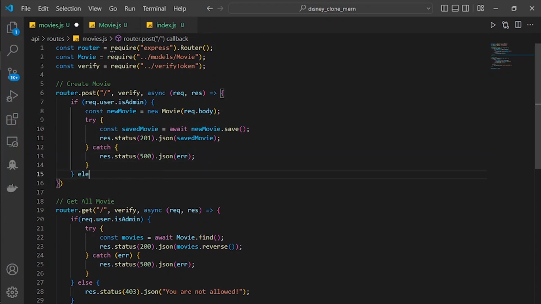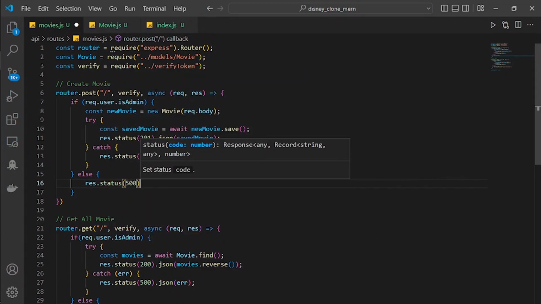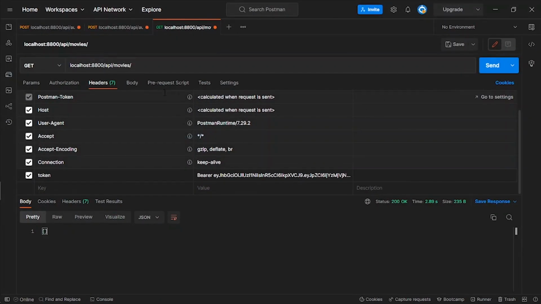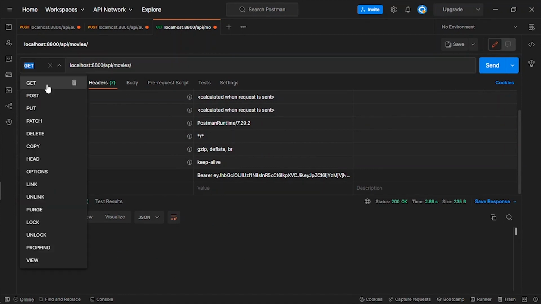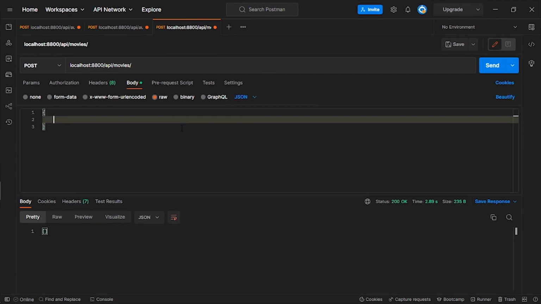Okay, after that I'm going to have an else statement here with res.status 500, and it will return json the error. After that I'm going to save it, and now let's try to add some data. Go to the body tab and then raw. It's going to be json, some empty object, and here I'm going to pass